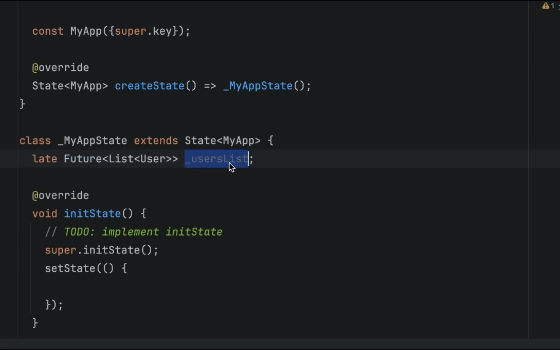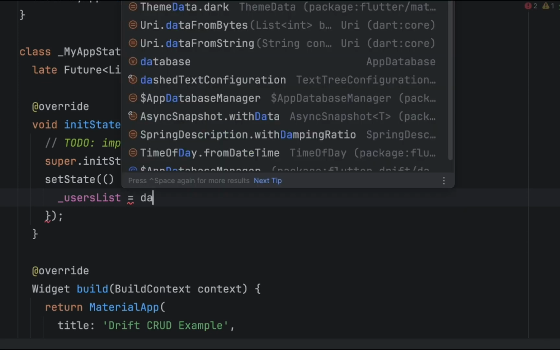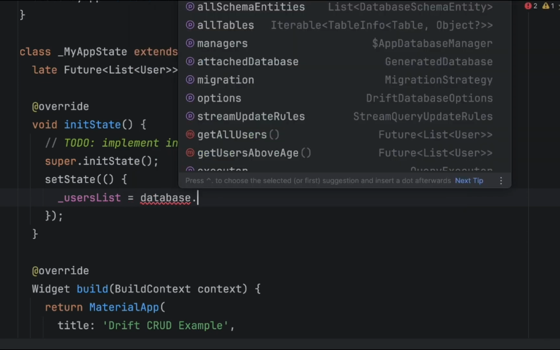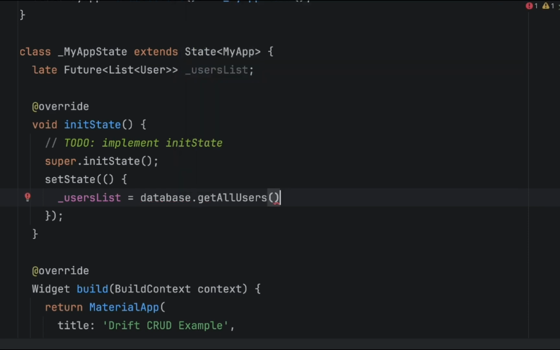And here we have declared a global variable users list, and in the previous tutorial we have added this setState, and in this we'll try to declare the initial. So here making use of database dot get all users is there, right? Let's make use of this. So initially we are trying to load the users list here by calling this particular method database dot get all users. So while the application is opened up, all the users will be loaded into the user list,